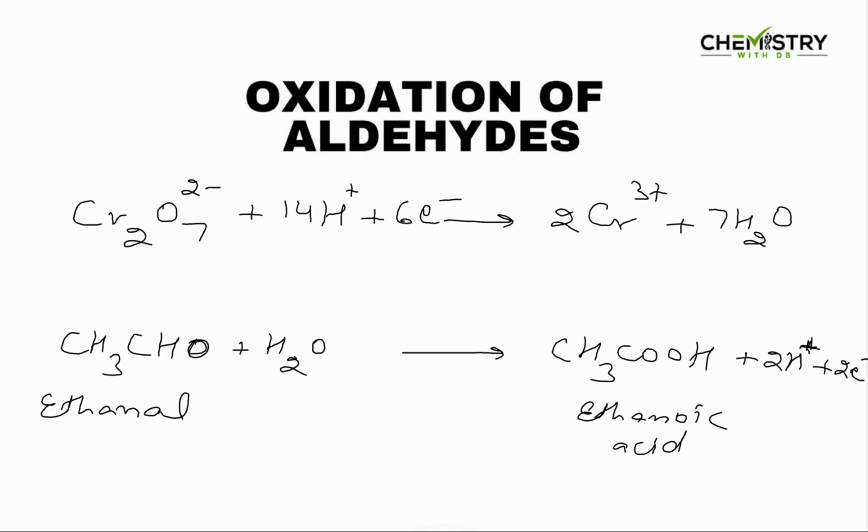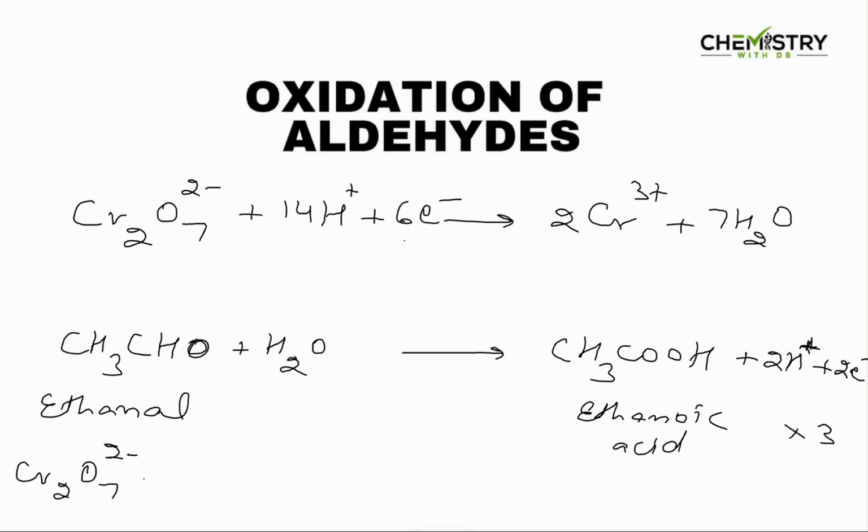if you are not comfortable writing the half equations, then please watch another video on redox reactions that I have created already. So now you see dichromate ions are gaining 6 electrons and ethanol is losing 2 electrons, so we'll have to multiply this equation by 3, and when we do that we'll come to the overall equation,